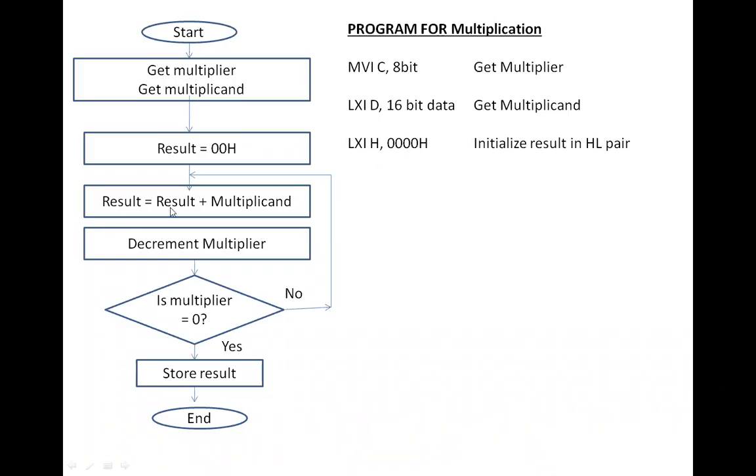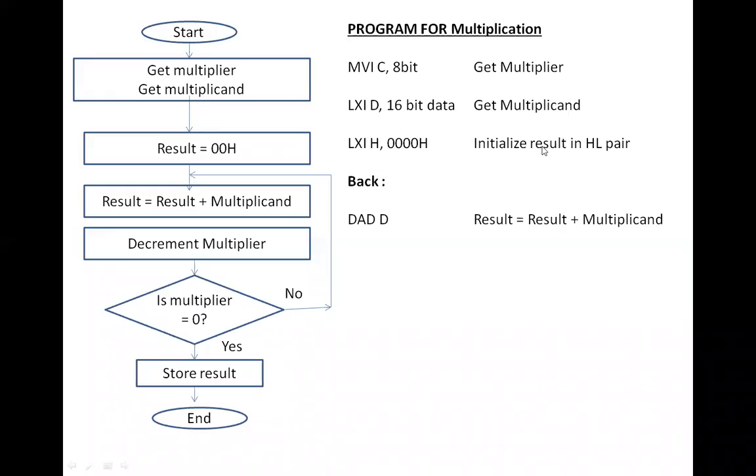Now we have to do result is equal to result plus multiplicand. Result is represented by HL pair and multiplicand is represented by DE pair. So we can use an instruction which was just discussed before this program, the DAD instruction, for the multiplication. The purpose of DAD D is to add the content of DE pair, which is the multiplicand, with the content of HL pair, which is the result, and store the result in the HL pair.